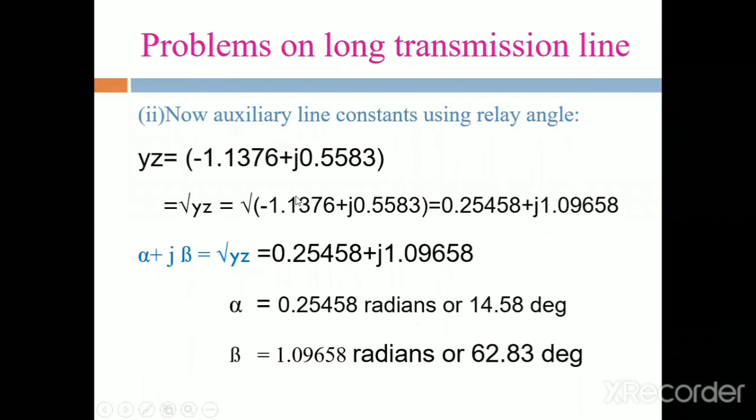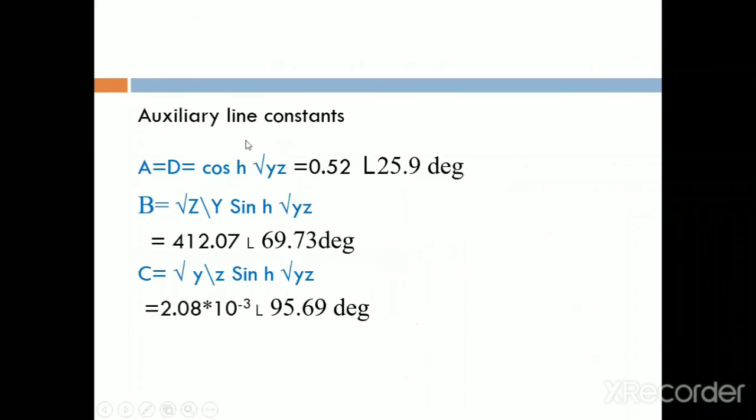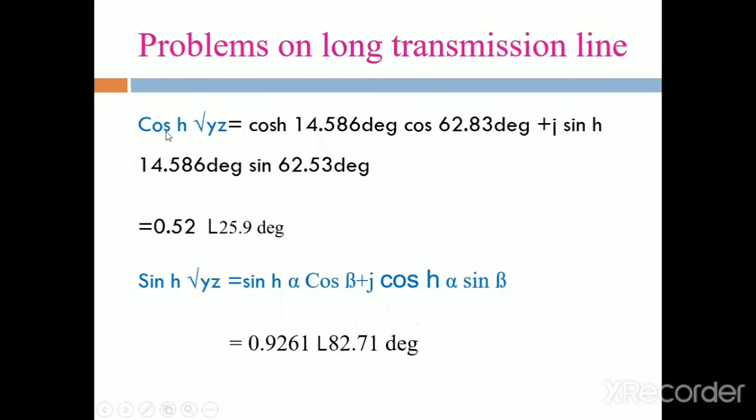సేమ్ ఇందులో కూడా అంతే, ఇక్కడ ABCD ఫార్ములాస్ తీసుకుంటే cosh root yz, ఇందులో మనకి మెయిన్ ఉన్నది ఏంటి root yz, ఫస్ట్ అది క్యాలిక్యులేట్ చేసుకున్నాం. ఓకే, అలా మనం ఫస్ట్ ముందు సింప్లిఫికేషన్ కోసం cosh root yz, sinh root yz క్యాలిక్యులేట్ చేసేసుకున్నాం. Okay, this is one of the methods in the case of a long transmission line by using the complex angles and the real angles. Okay, అర్థమైందమ్మా ఈ ప్రాబ్లం?